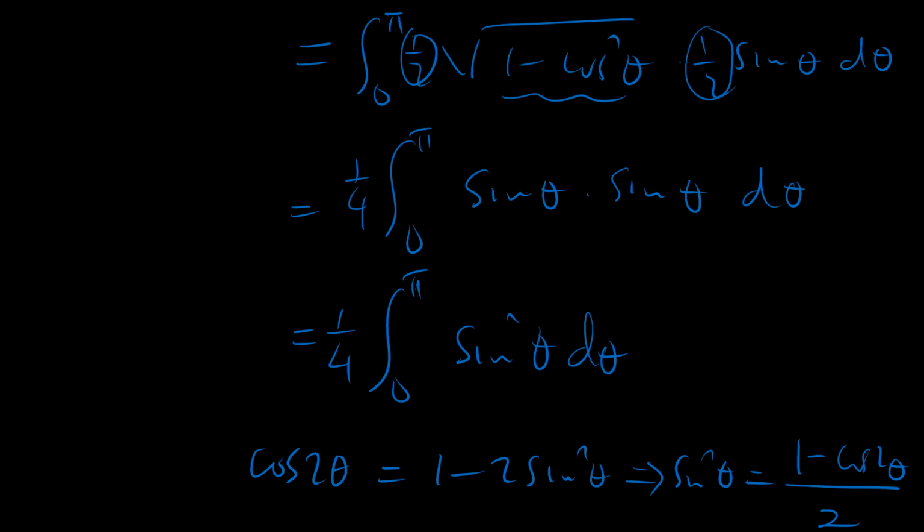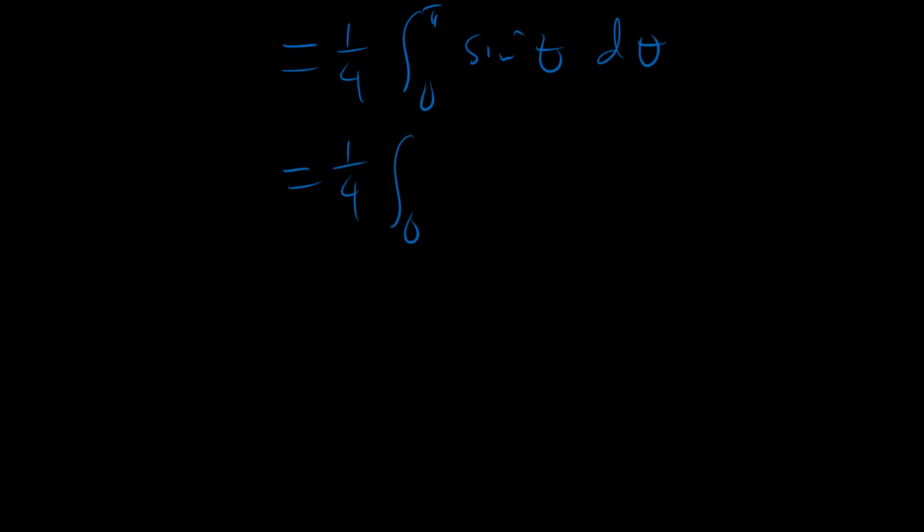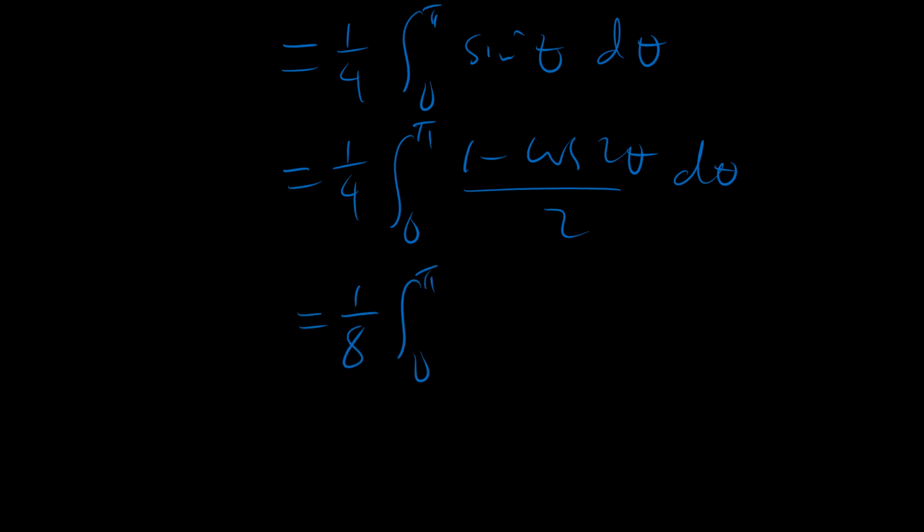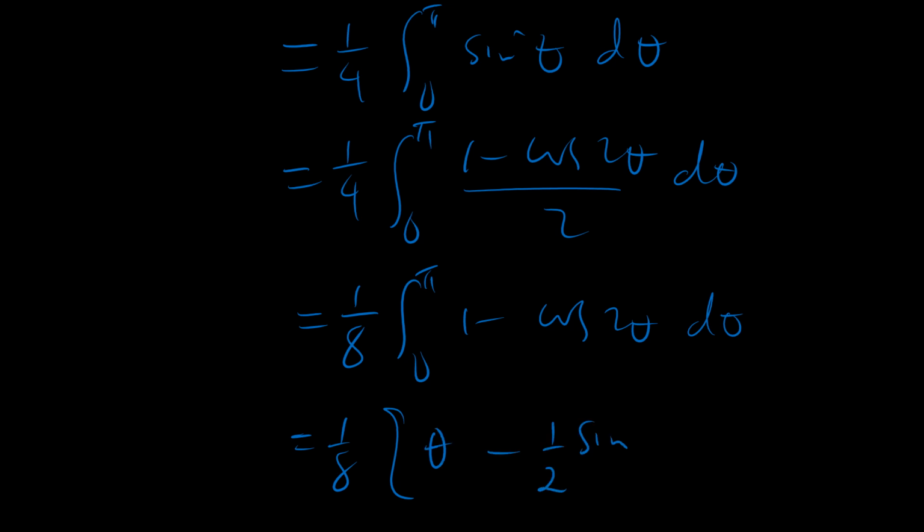So let's continue. So since our integral has gotten us to, and we say that sine squared theta is the same as 1 minus cosine 2 theta over 2, which is the same as an eighth, 1 minus cosine 2 theta, which is an eighth of theta minus a half sine 2 theta,